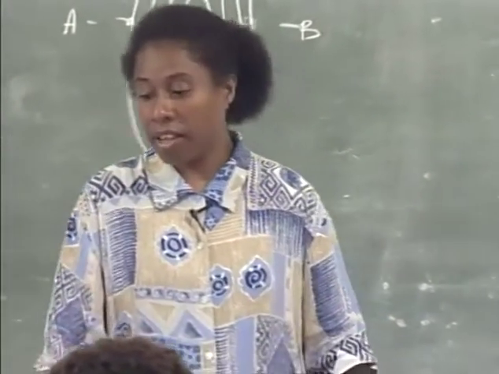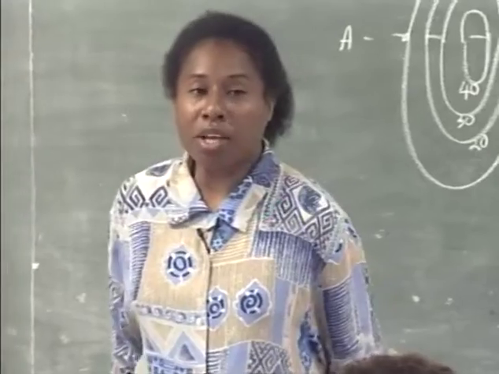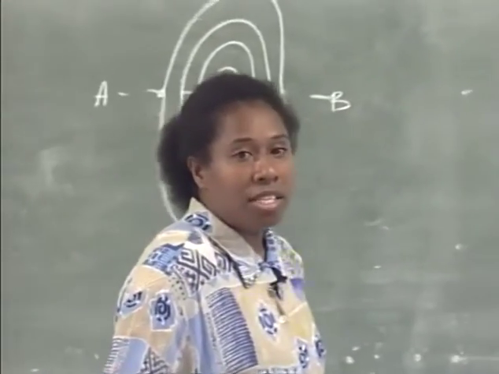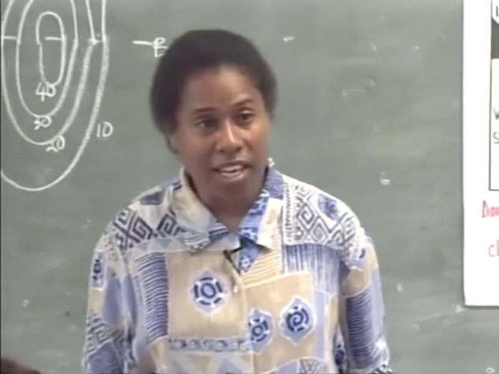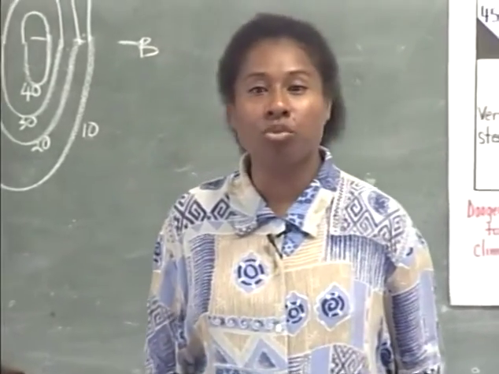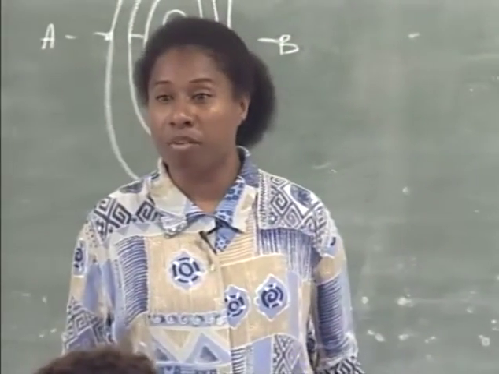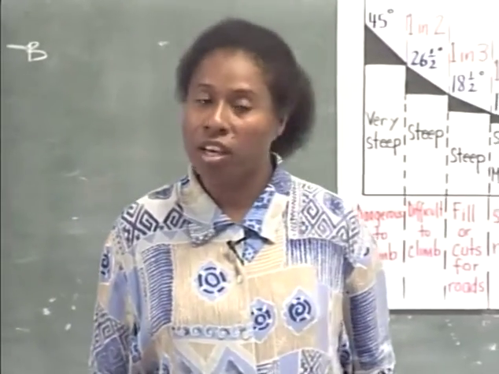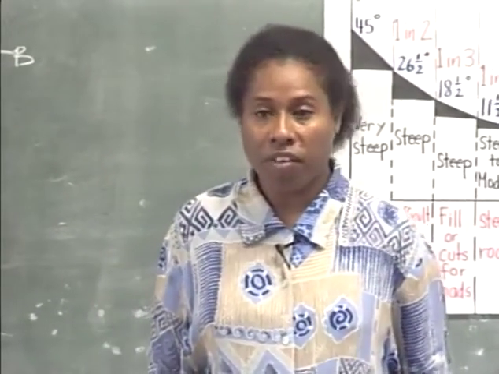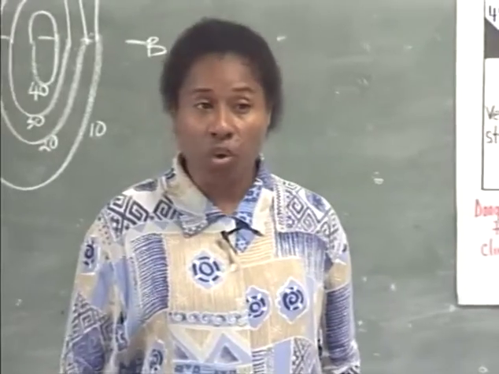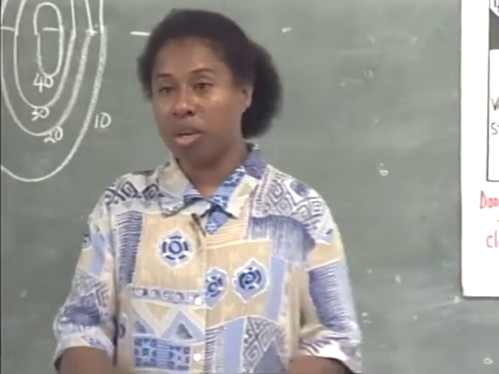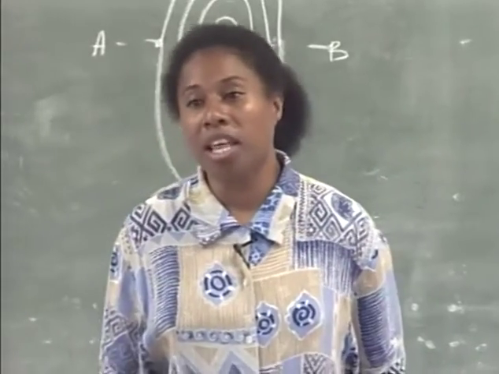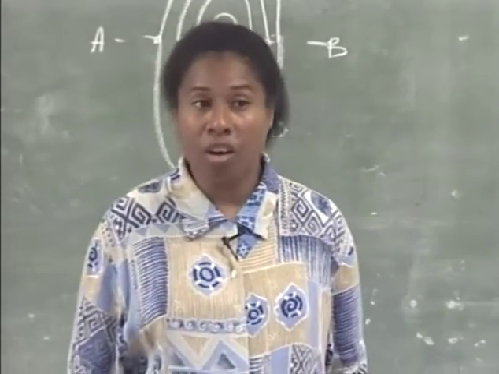If we look at a cross-section and we come back to looking at contour patterns, in one of our earlier lessons we looked at contour patterns, and from the patterns, you were able to identify different types of landforms. If you did recognize the patterns, you were able to work out the landform. If the contour patterns were nice and circular, and the heights increase as you get to the center of that particular contour pattern, then straight away you would say that that is a contour pattern of a hill or a